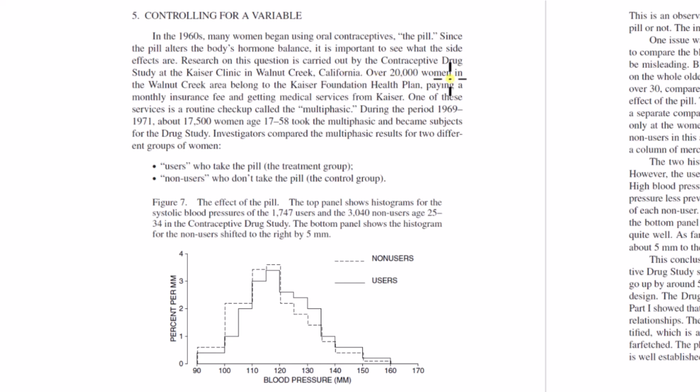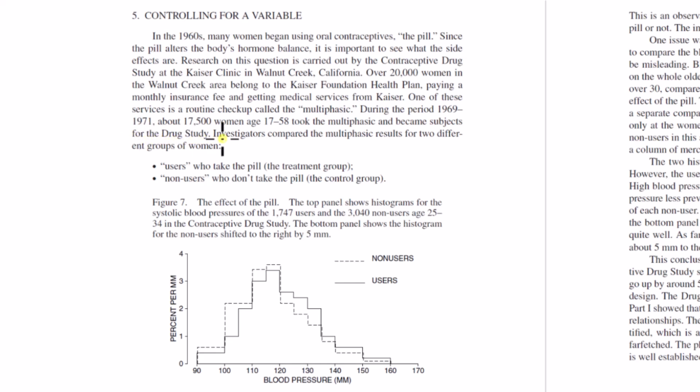Over 20,000 women in the Walnut Creek area belong to the Kaiser Foundation health plan, paying a monthly insurance fee and getting medical services from Kaiser. One of these services is a routine checkup called the multiphasic. During the period 1969 and 1971, about 17,500 women aged 17 to 58 took the multiphasic and became subjects for